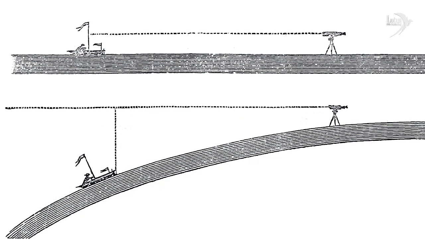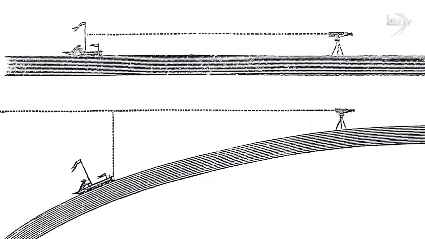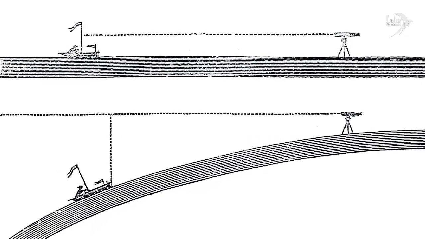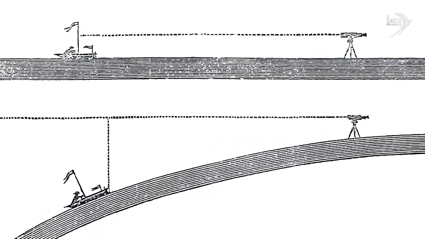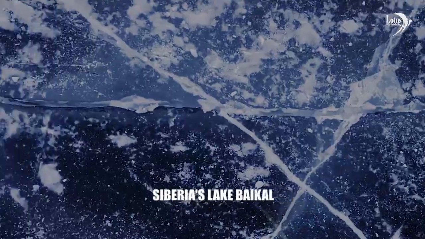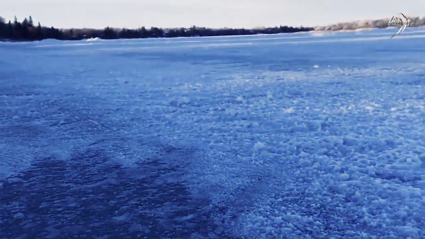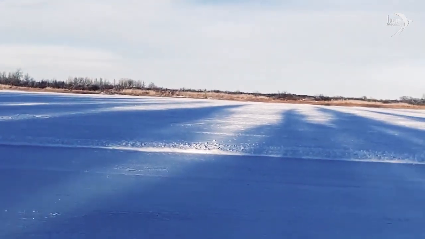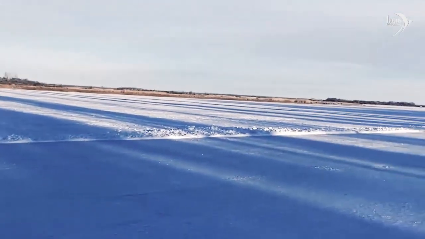If the Earth was a ball, the water in the canal should have bent to follow this curvature in order to maintain a consistent level. Why didn't the water in the canal bend and disappear from the observer's view? Why doesn't the water in Siberia's Lake Baikal form a hump when it freezes in winter, becoming the flattest place on Earth with a length of over 600 kilometers and a width of 79 kilometers? According to the spherical curvature, the ice should bulge from the middle by about 32 meters. So why doesn't that happen?